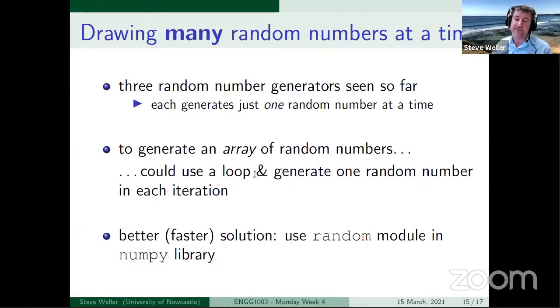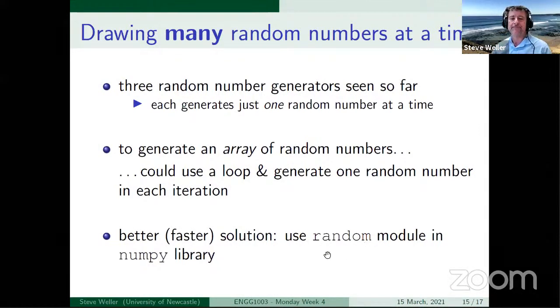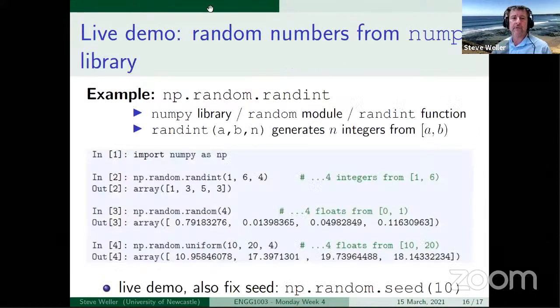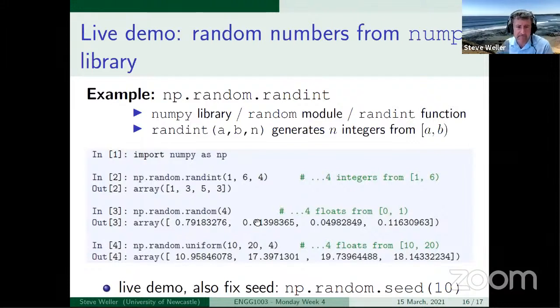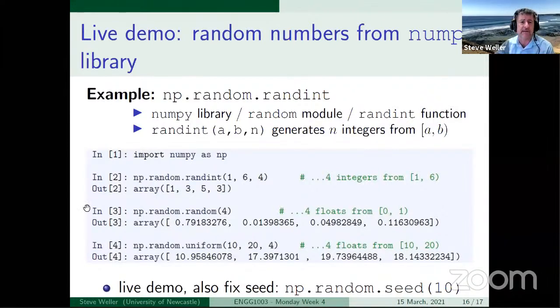There's a faster solution, and that's to use random number support that comes from the NumPy library. It also has a module called random. So I'll talk about what's going on this slide, and then we'll do some examples live. Let's look at the code here. First line, this is done at the console, and that explains this in one, in two, out two, and so on. I'm now avoiding the use of that particular console because it's not the one that's used in the labs.